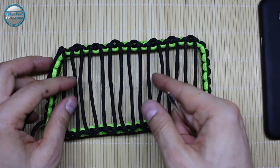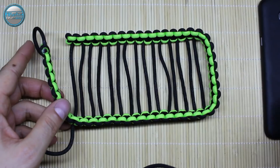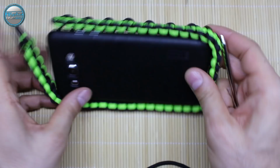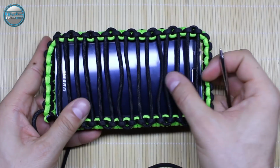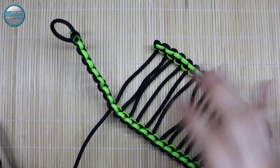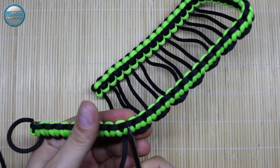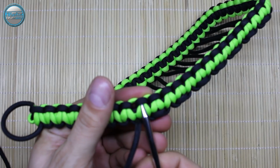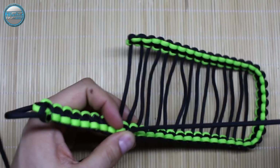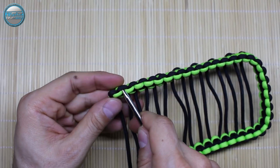As you can see, the cords are loosened a bit, so I'm gonna pull it through the other side, the opposite side, and then I'm gonna insert the smartphone, and afterwards I'm gonna adjust the cords. So stay tuned. Now we're gonna do the same thing from this side here. So through the first black loop here, as you can see, pull the cord, and now here,